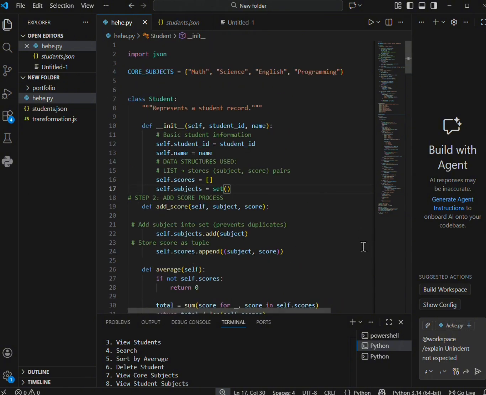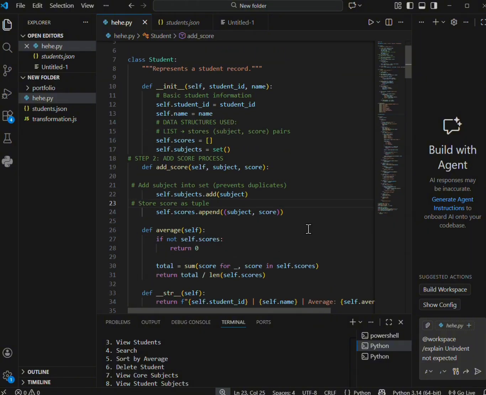The student class stores attributes such as student ID, name, and here's the list of scores, and a set of subjects.